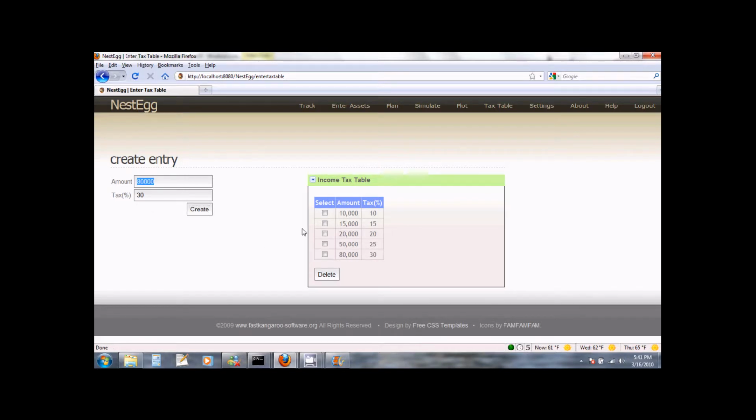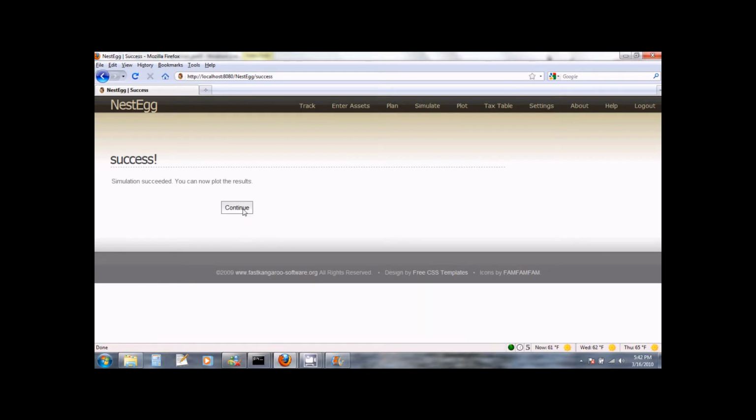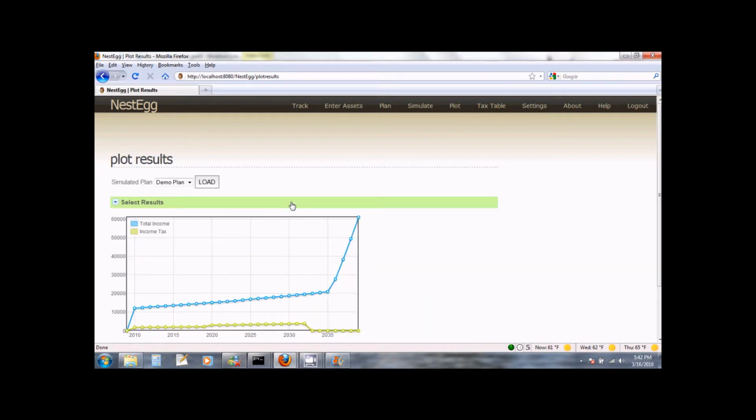So now our tax table covers all the way up to $80,000, and this should be sufficient for our simulation because our max income was something like $60,000. So let me now go ahead and re-simulate the plan. And once it completes, let me go ahead and plot our results.